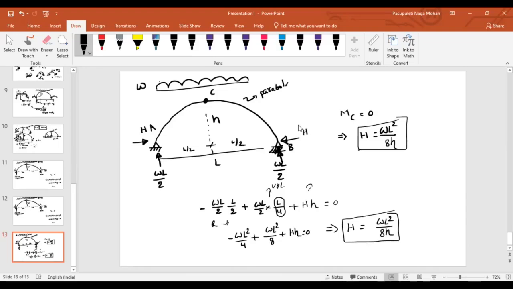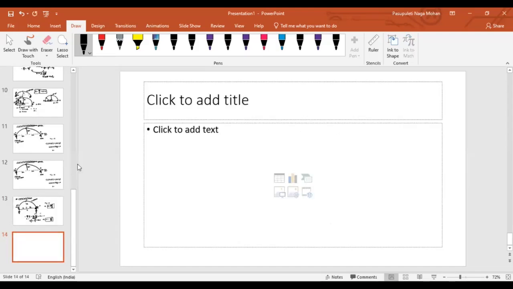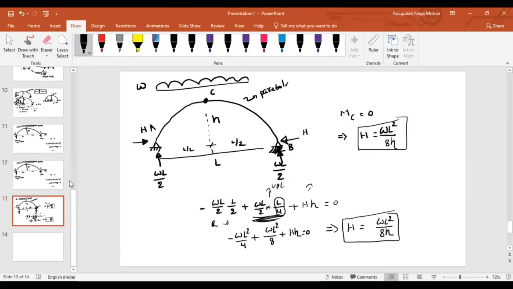Right into L by 4, right? But how much have you guys considered there then? In this part, how much you have considered, I don't know. Achha, you guys are not taking this load at all? Yes, sir. We are not taking that load. That's fine. Now, what you do is take a section somewhere around here